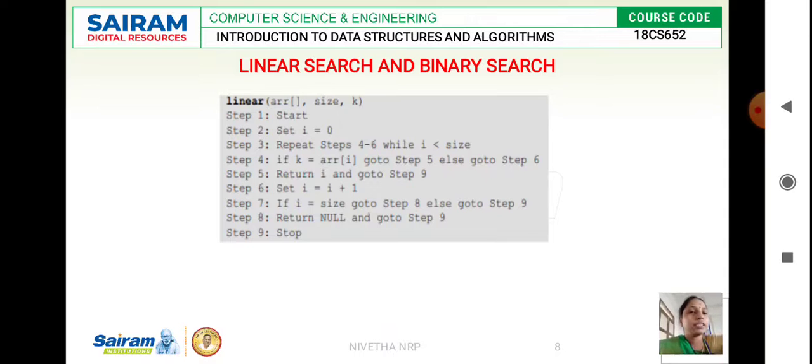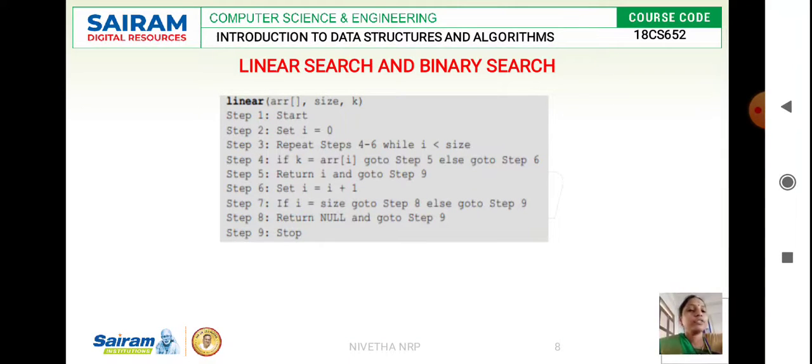To check this, we use a for loop and start searching for the key element from the 0th element until the end of the array. When the element is found at a particular position, it returns that position. When it continues until the end of the list and still is not able to discover the element, then it throws the message that the element is not found.